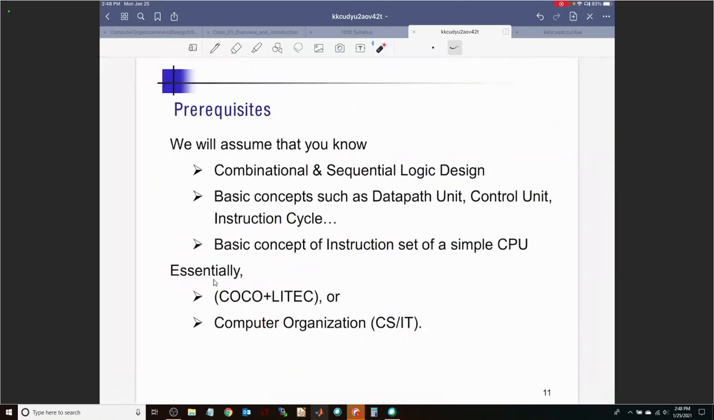Prereqs. There was already a question about this. I've taken Coco, I have not taken LITEC. What then, right? So there are several ways to come into Kainos. One is through Coco and LITEC. That's most people. Or you could have taken just Coco, which is components, computer components and operations. Or you might be from the CS department and you might have taken computer organization. So no matter where you have come from into this course,